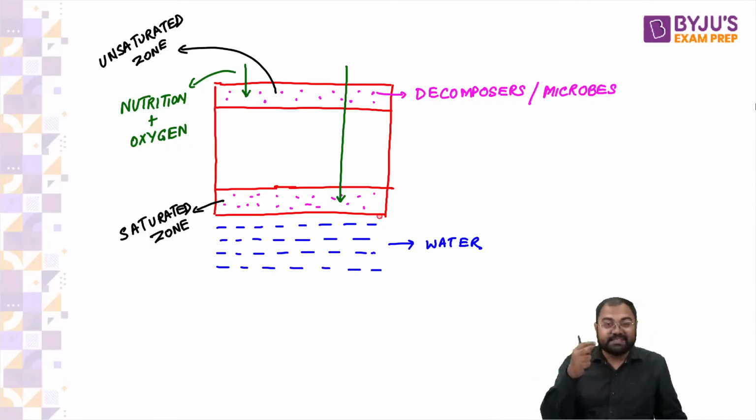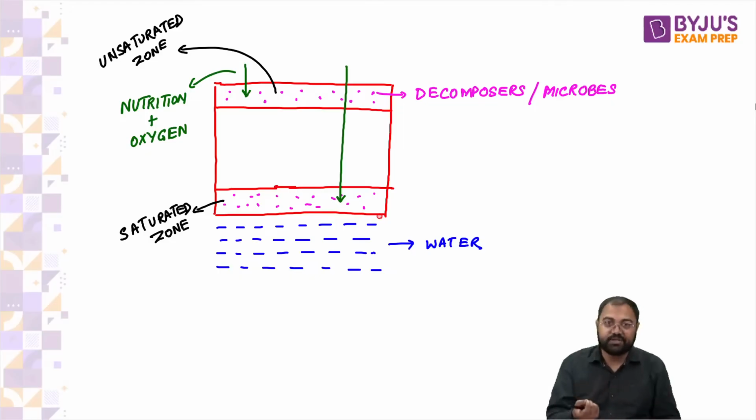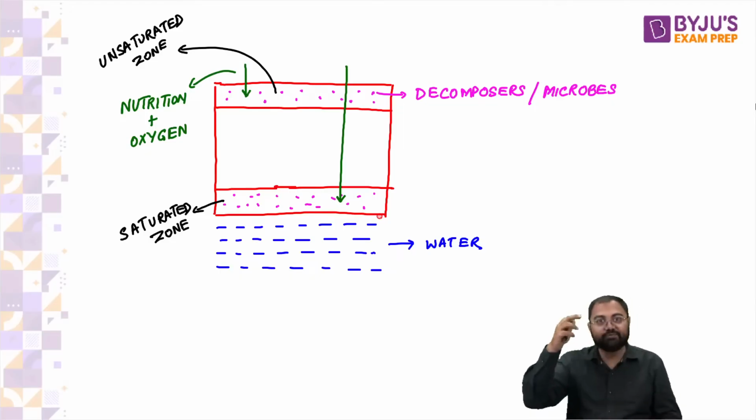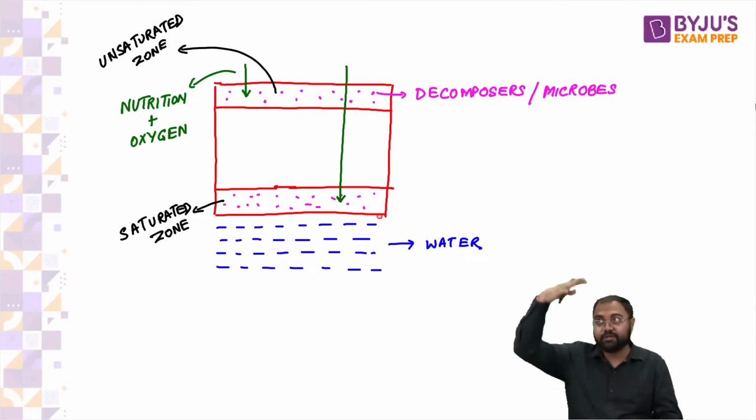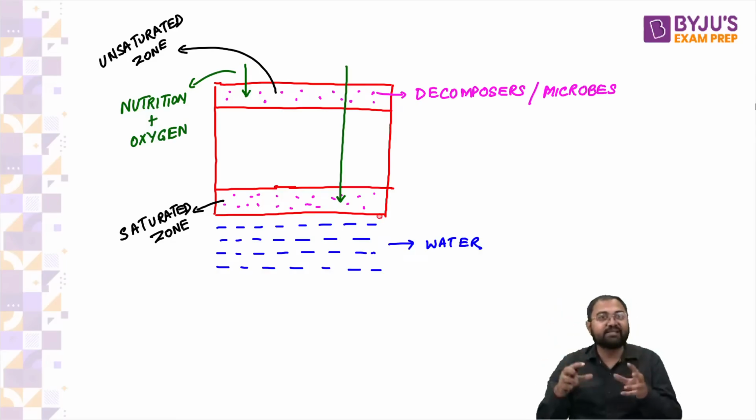Because it is near water, that's why we are calling it a saturated zone, because it does not have the capacity to absorb more moisture, right? It will not be able to absorb more moisture, and hence it is called the saturated zone. Whereas the top layer of the soil is away from the source of water, and also there will be evaporation because of the sunlight. So that's why it has more capacity to absorb moisture, and hence